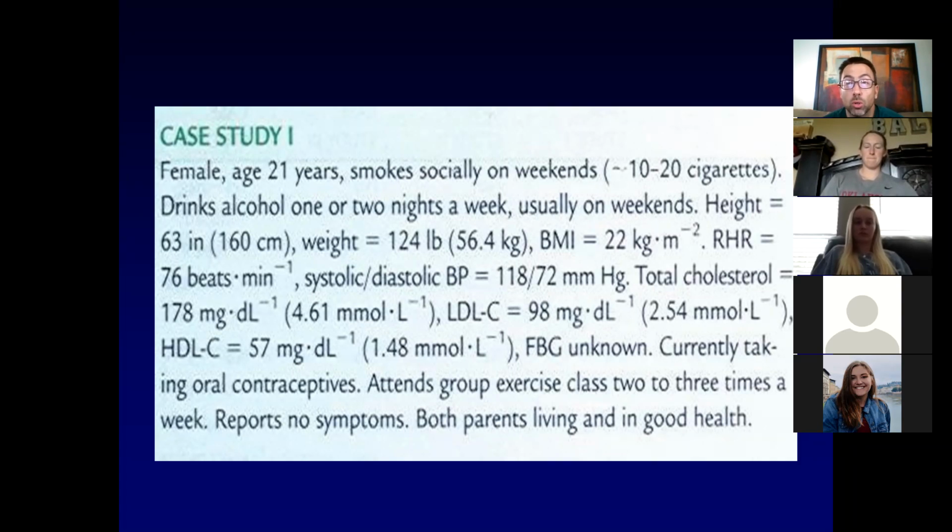Okay. So when I look at all of this, I see that she has either 0 risk factors or 1 risk factor if we count smoking as one of those things. Either way, that to me makes her low risk. Okay. So we can do any kind of exercise with her that we would like to do. Do you guys have any questions about that?